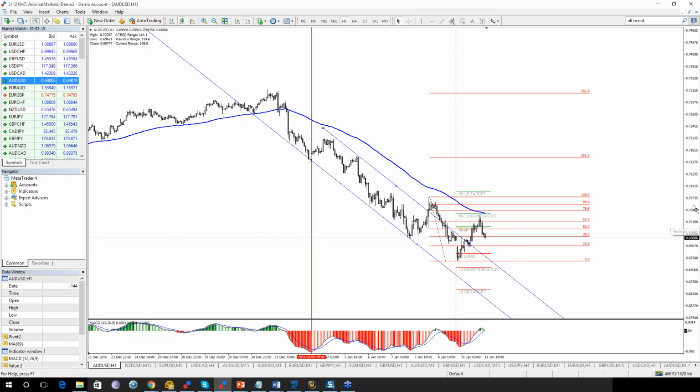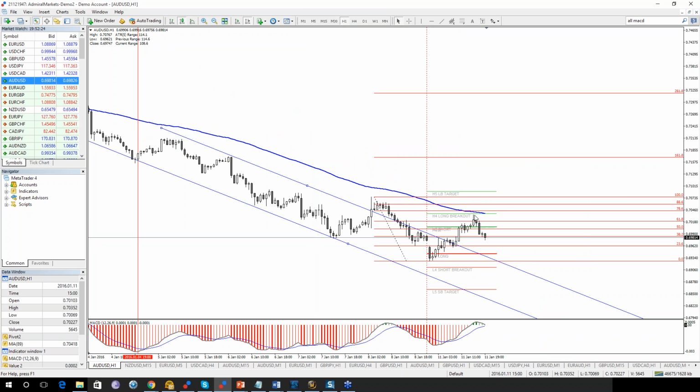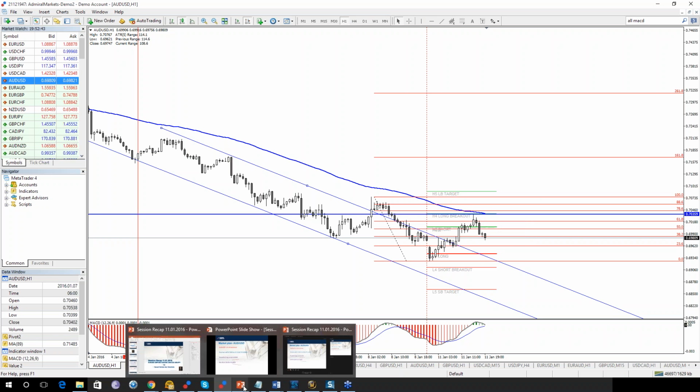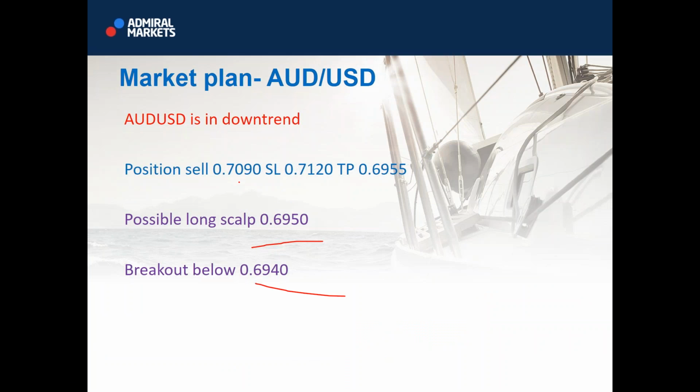And for a positional trade, this is my setup for Australian dollar to sell it here. Around 70.30, 70.20, 70.40, everything is valid. 70.35 is the exact spot, but this is a zone, so treat it as a zone. Because it's a zone, it can be 70.40. So that is your first zone.